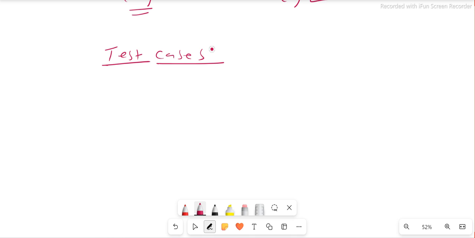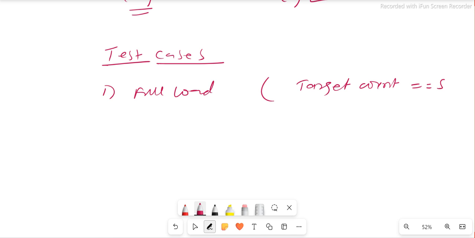In full load, we go to the target, and the target count should be equal to the source count, isn't it? For that particular period, or for that particular day. There is no filtration applied here for that particular day. But in case of incremental load,